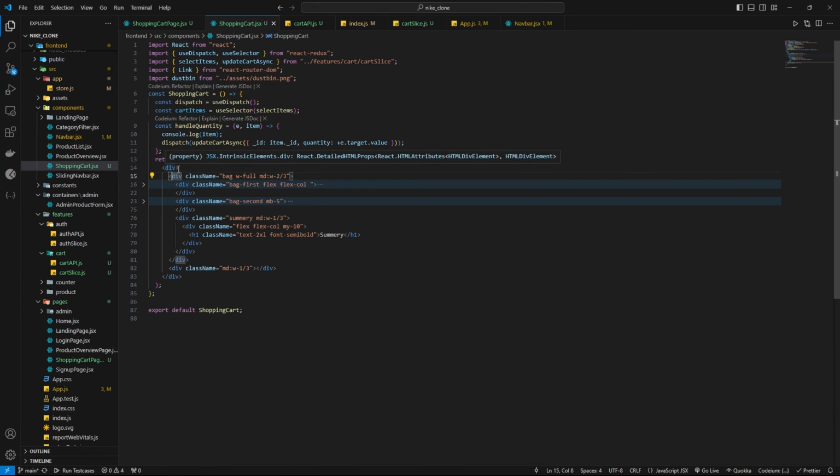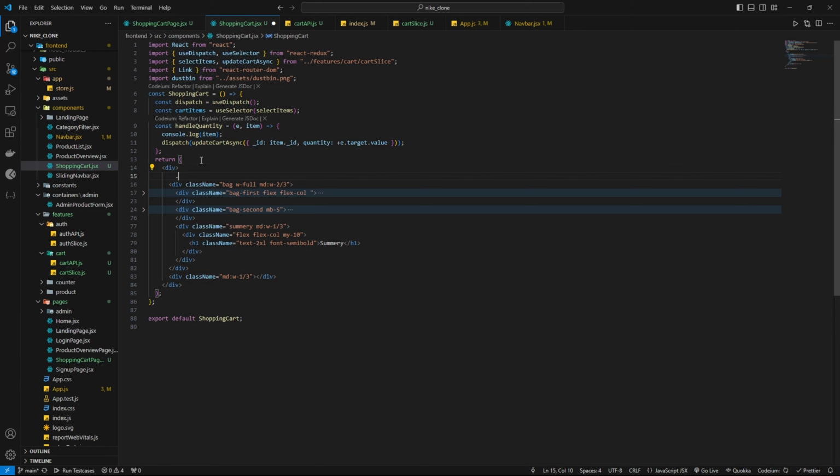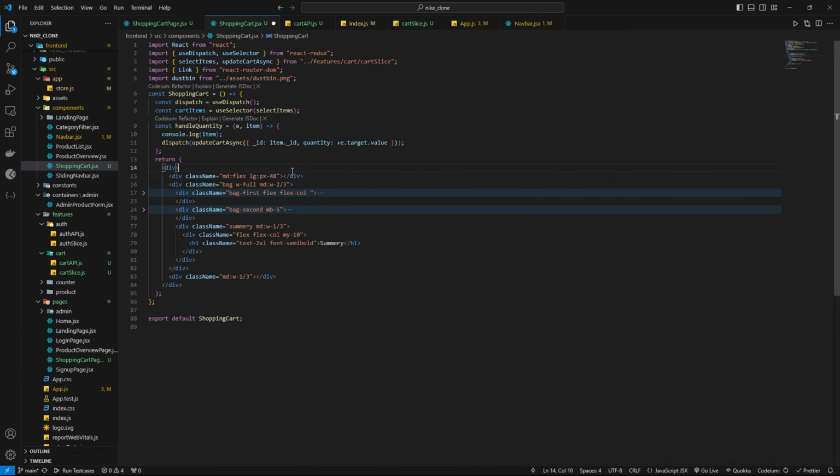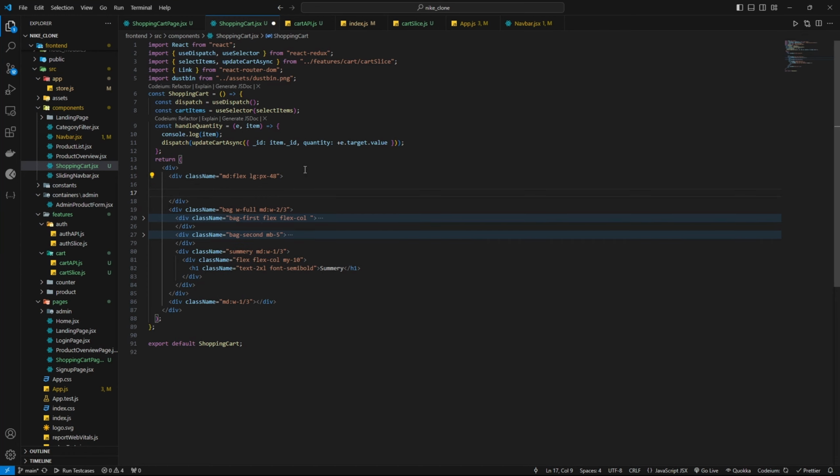This is the bag. Let's make another div here actually. So up here let's make another div, and let's give it MD of flex and LG of PX 48. Okay, and inside this div I'm going to put the bag,